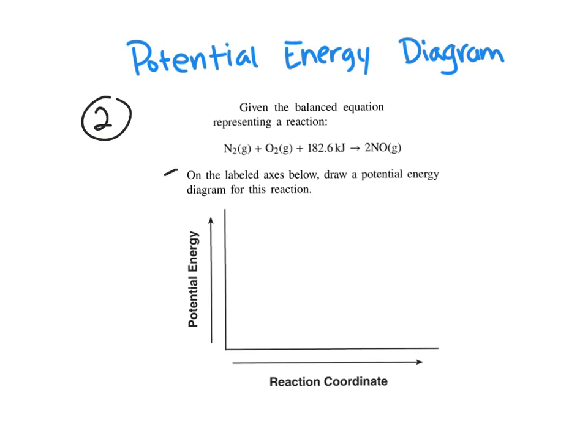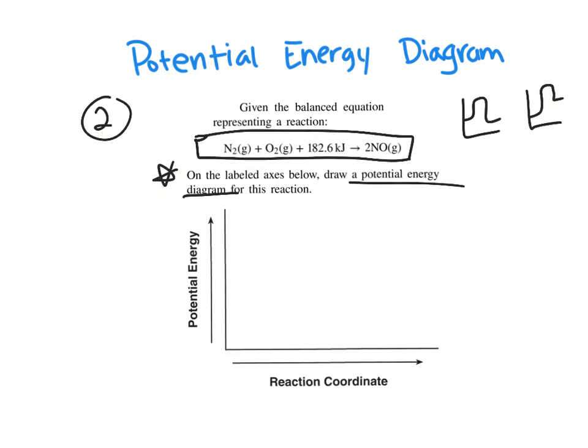It says, on the labeled axes below, draw a potential energy diagram for this reaction. So a potential energy diagram either looks like this or it looks like this. We have to determine if this is exothermic or endothermic first, and then determine which one we're going to put here. Looking at the chemical equation that's given here, it says N2 plus O2 plus the number here with the kilojoules. Again, this kilojoule means that it's the energy. So this 182.6 kilojoules is the energy that was added, absorbed into the system in order for you to produce